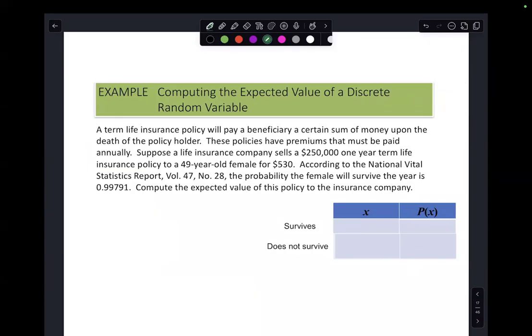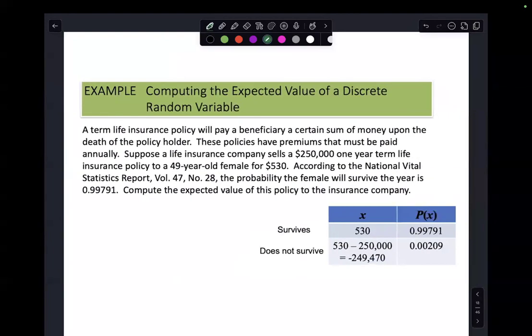So what we want to know is how much money, with the law of large numbers, because some of these people are going to die. If they have a ton of these policies, some of them are going to die. So we want to know how much money the insurance company is expecting to make off of each policy. So let's take a look. I know that if the person survives, the insurance company made $530. If that 49-year-old female survives, the insurance company made $530. If she does not survive, the insurance company loses